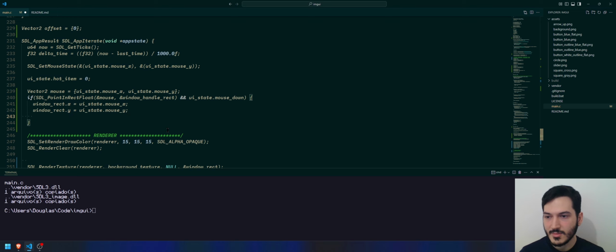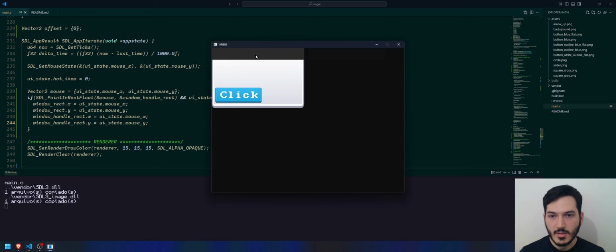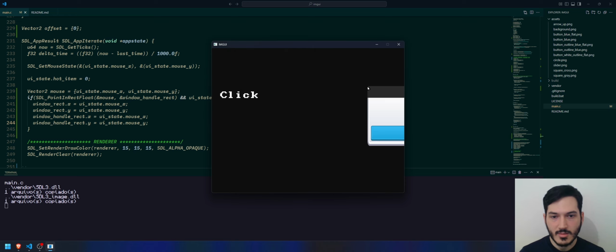I need to change the handle. Where's the handle? X. And y state dot mouse x. And so you can see that it is